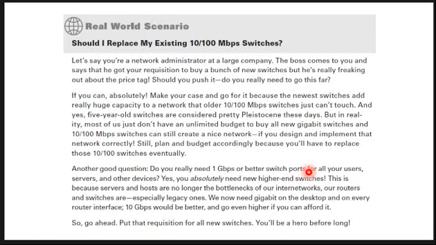You can see a real world scenario over here, asking whether I should replace my existing 10 over 100 Mbps